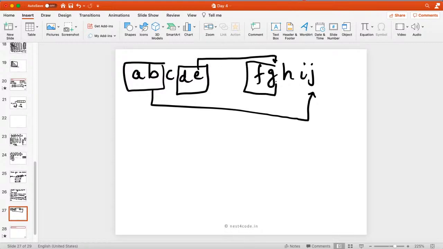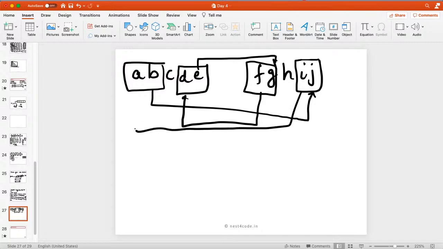Similarly, for the other string, these first 2 characters I want to put here, and these last 2 characters I want to put at the start. Okay, I think this looks confusing, but what I want here as an output for the first string,